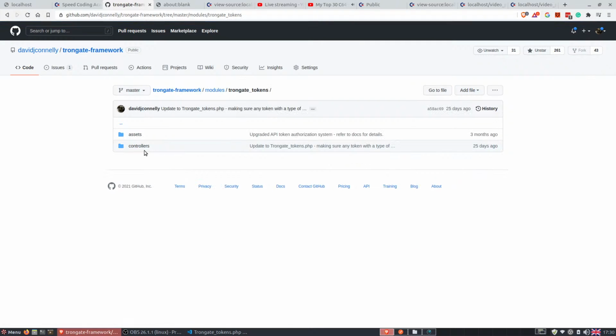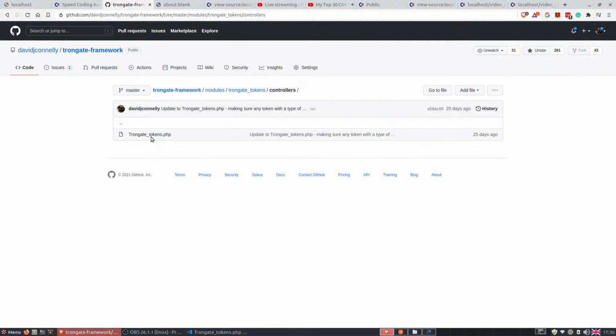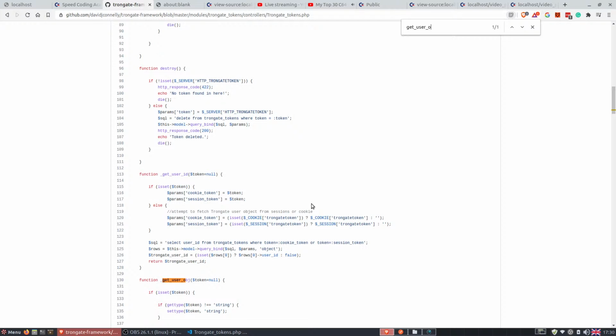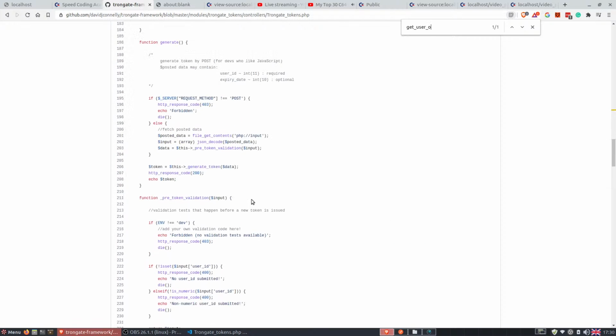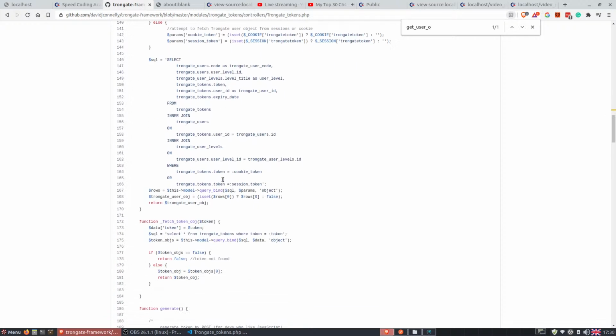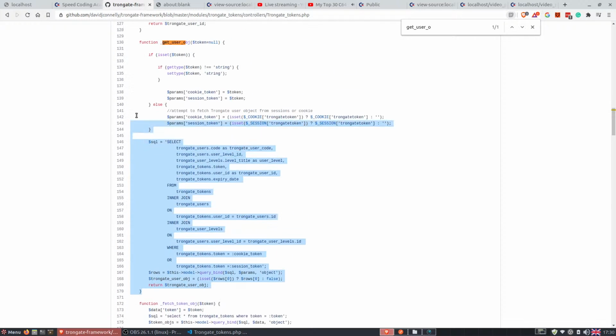Tron-gate tokens, controllers, and I'm going to look at get user. We do have a get user object. That's fine. There is no framework error. It's just that I was using an older version. So I'll copy that